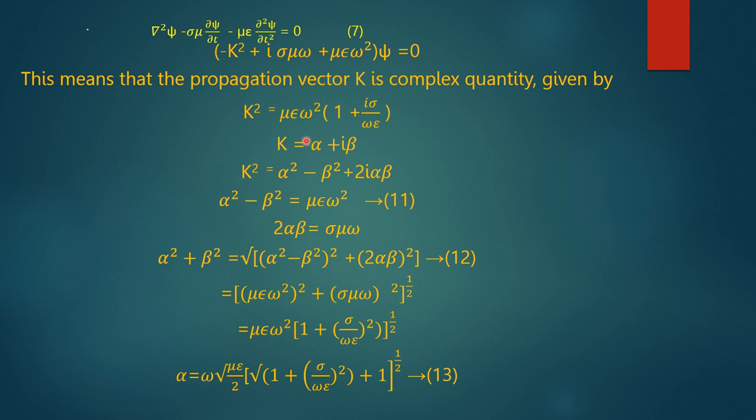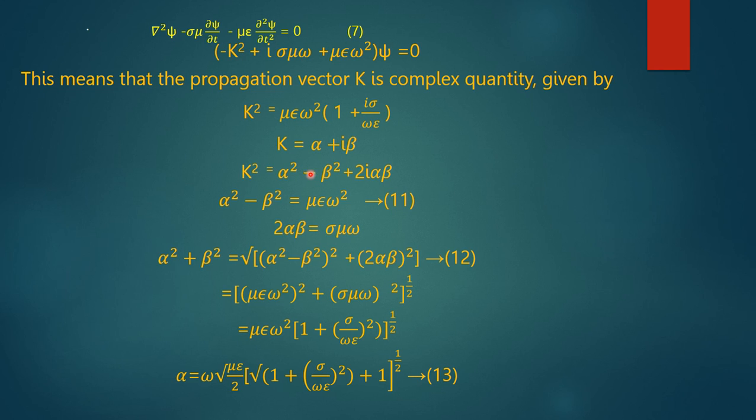Then substitute this in this equation. That is, if we take the square of this equation, k square is equal to alpha square minus beta square plus 2i alpha beta, and comparing these two equations, this equation and this equation, we find alpha square minus beta square, which is the